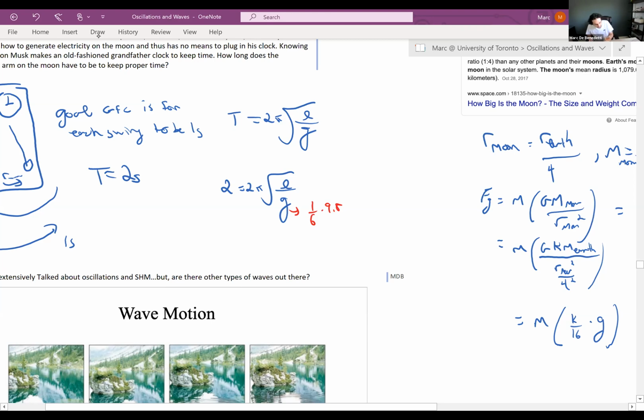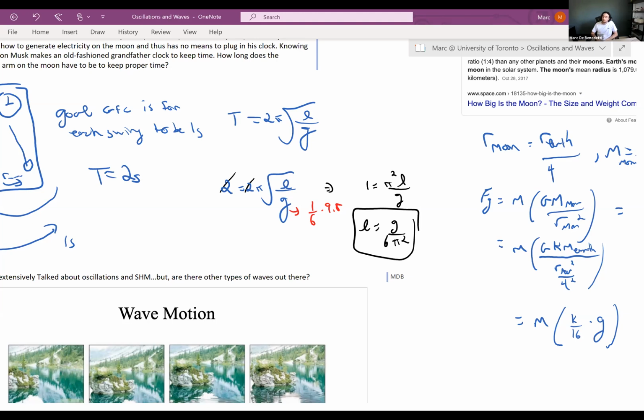So here we can actually solve for the length of the desired pendulum. So the length of the desired pendulum is going to be, let's see, let's square everything. So 1 equals pi squared L over g. So that means L is going to equal g over pi squared. Oh, no, I forgot the 6. g over 6. There we go. Okay. So that is how you would solve for the length of a grandfather pendulum on the moon